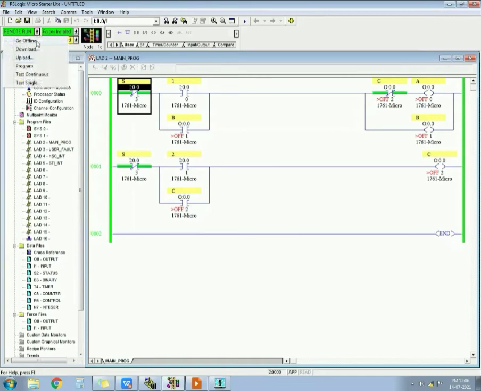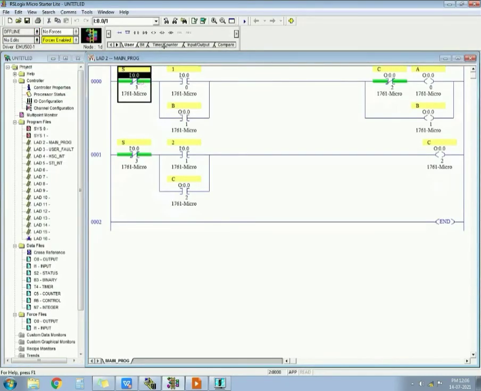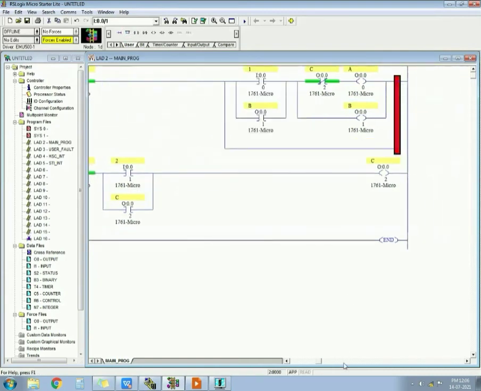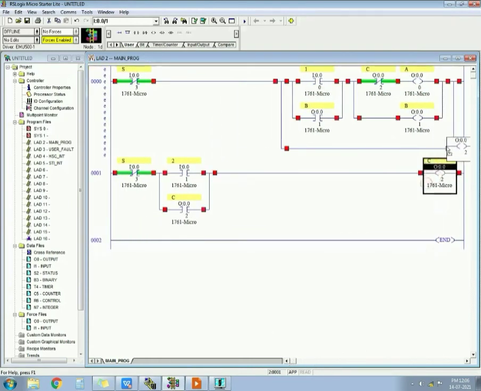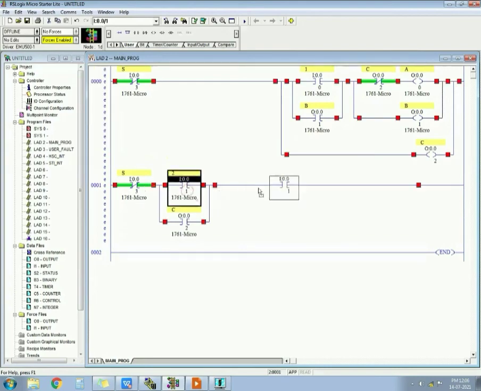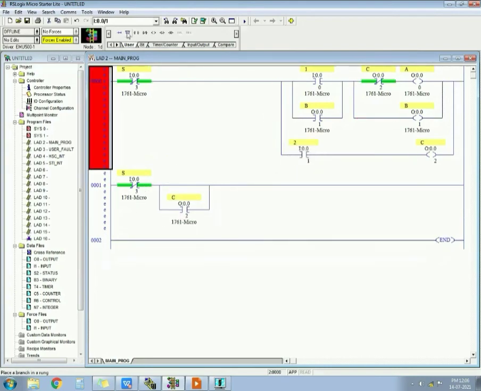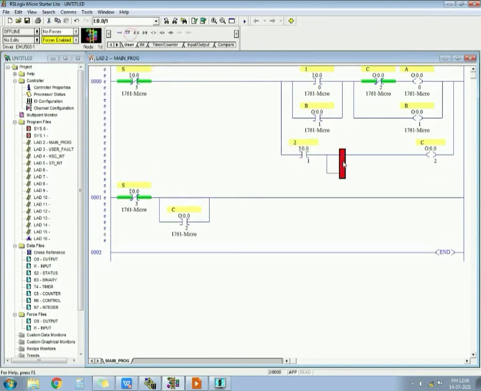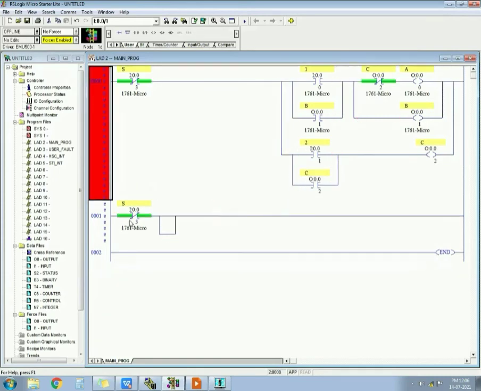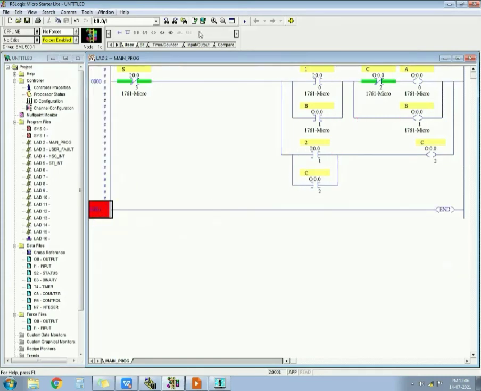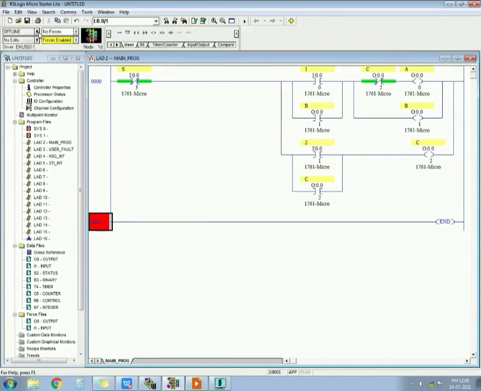Also you can make it in a single rung. You can take this parallel rung over here, and you can make this whole rung in this parallel circuit. See, it will take just 2 minutes, so I will explain. You have to take this over here, so you don't have to take another rung. Okay, just compile, download,